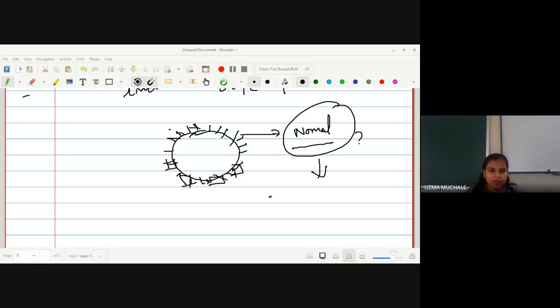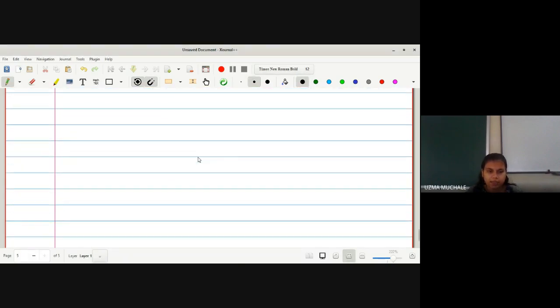So z is a vector field on the surface, then the covariant derivative of z with respect to a tangent vector v is defined by del_v z. I am just reminding you of the definition of your covariant derivative. Suppose z is a vector field. Okay, then the covariant derivative of z with respect to a tangent vector.